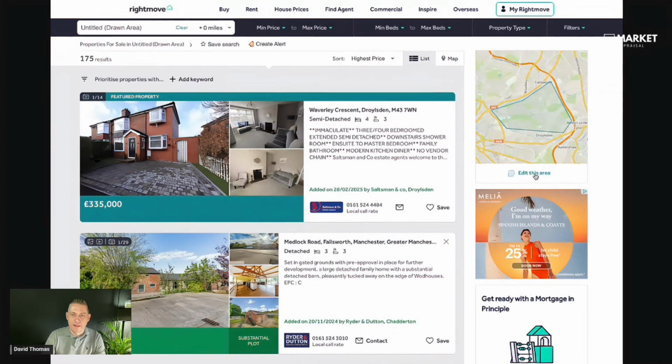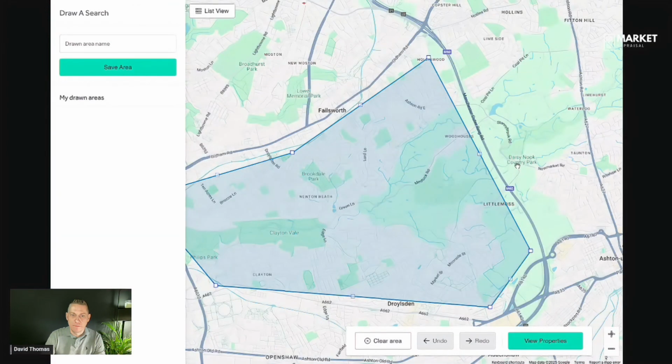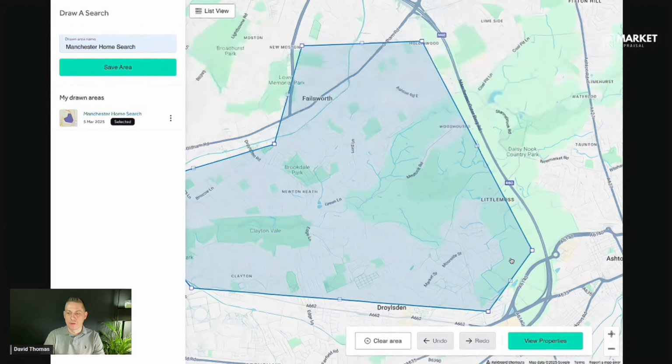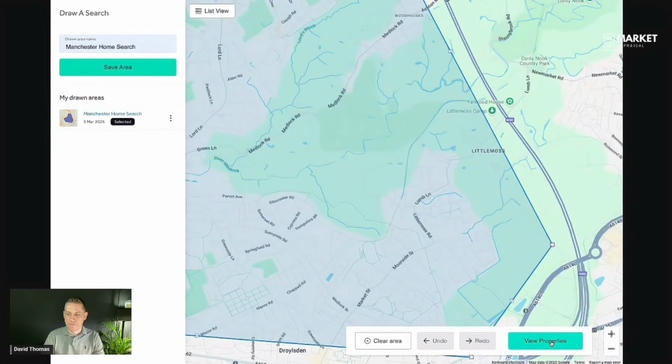So if I click back to edit that area at any point, I can see it, I can edit it, I can just pull these out if I need to. And then I can also give this a name and save that area. So now, at any point,